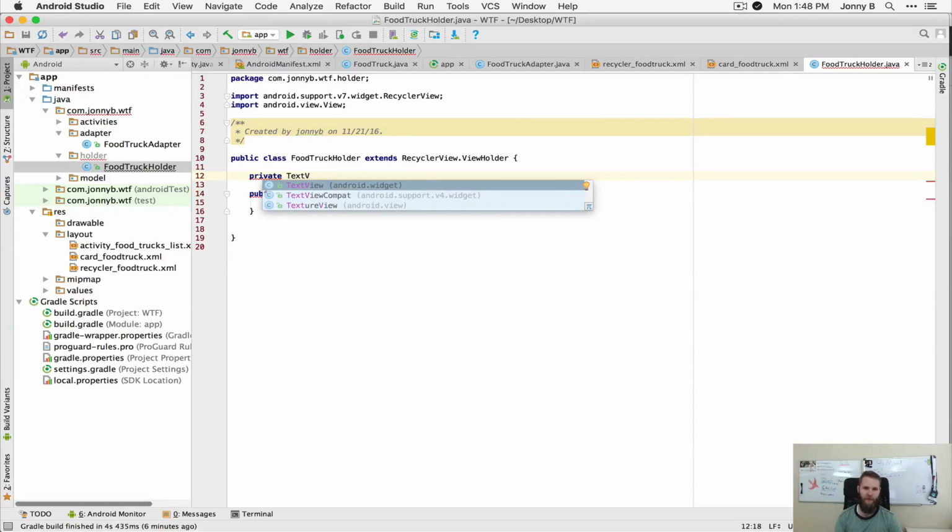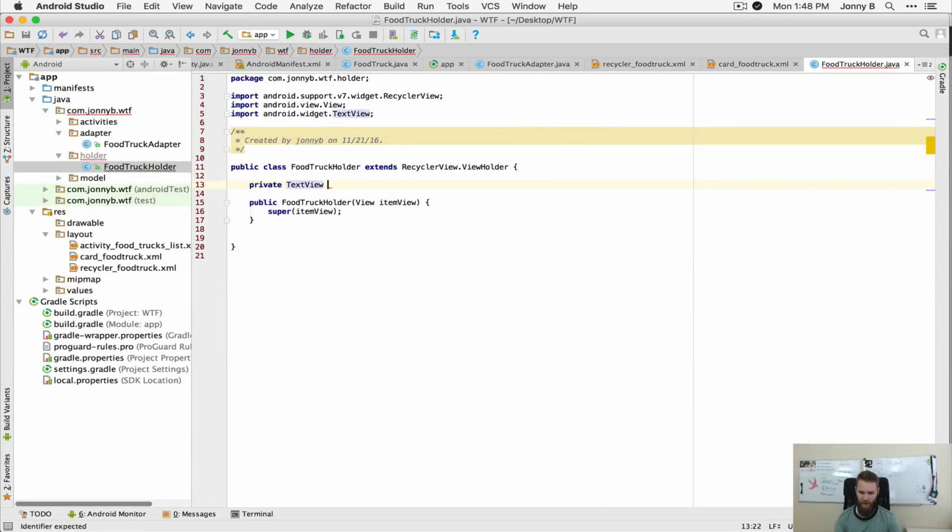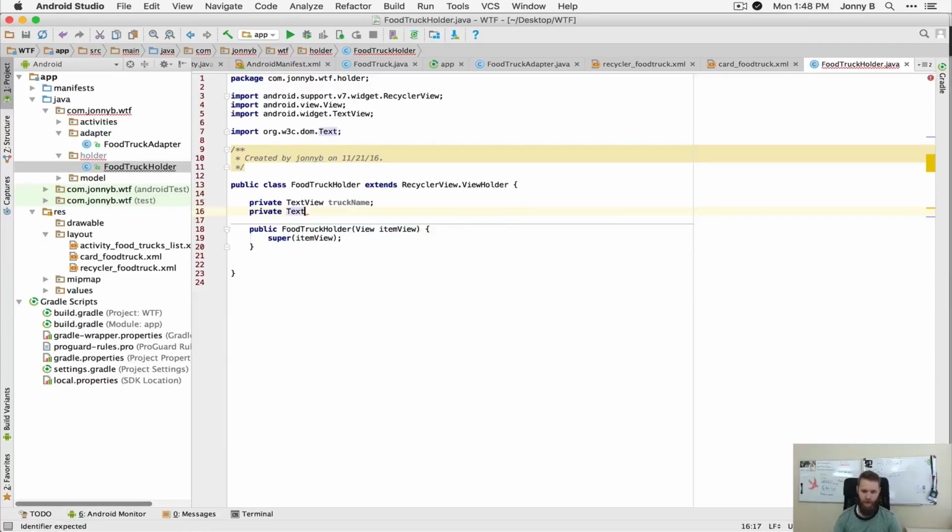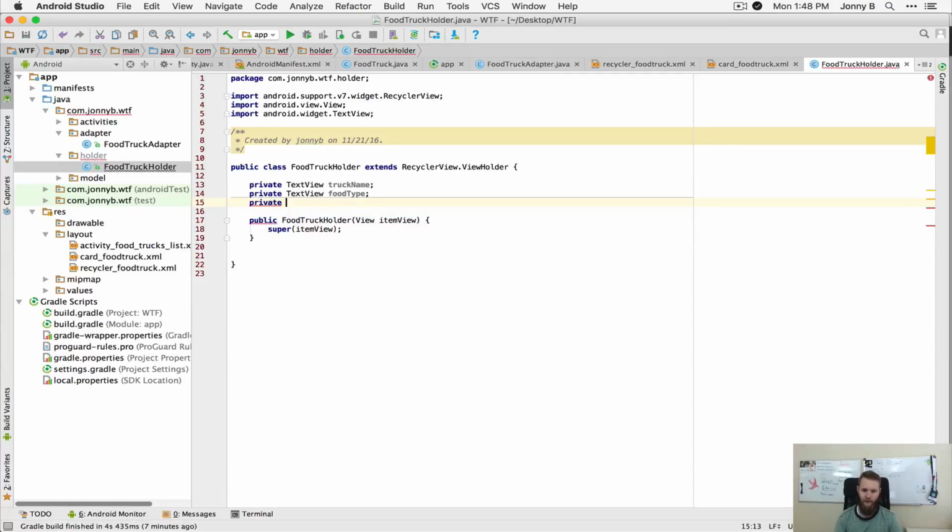So I'm going to say text view, and this is going to be truck name. Then we're going to need another one, which is a text view, and that is food type. Then we got another one, and this is also a text view, and this is average cost. Okay, so now we need to associate our variables that we just declared here with our ID and elements in